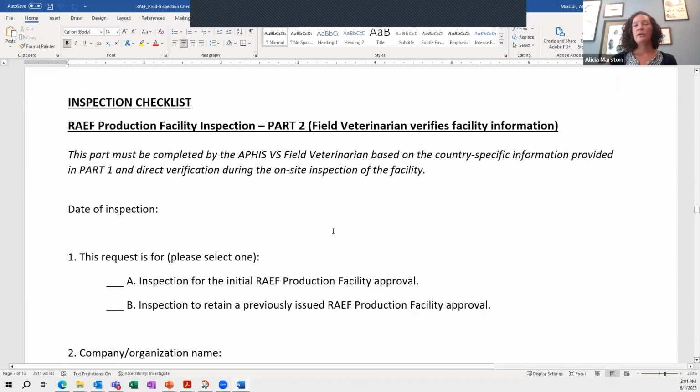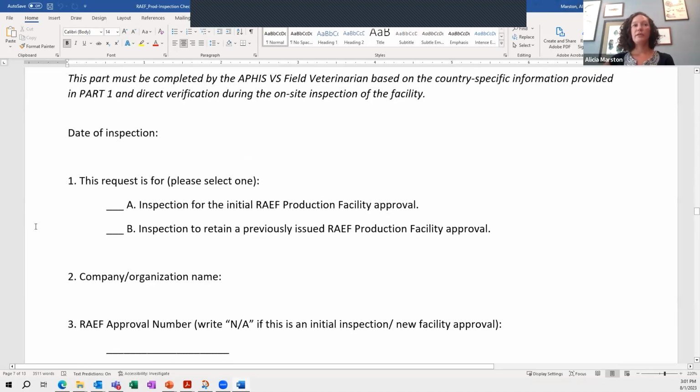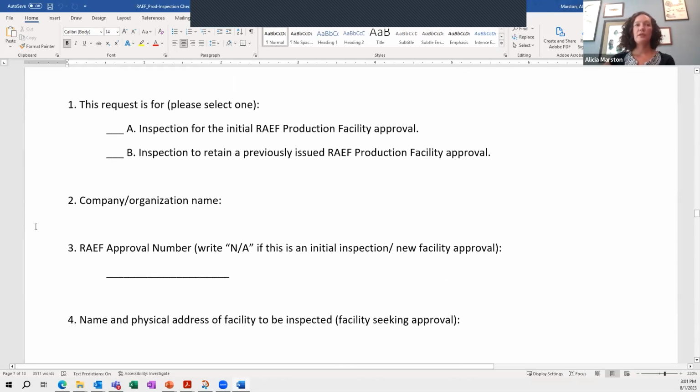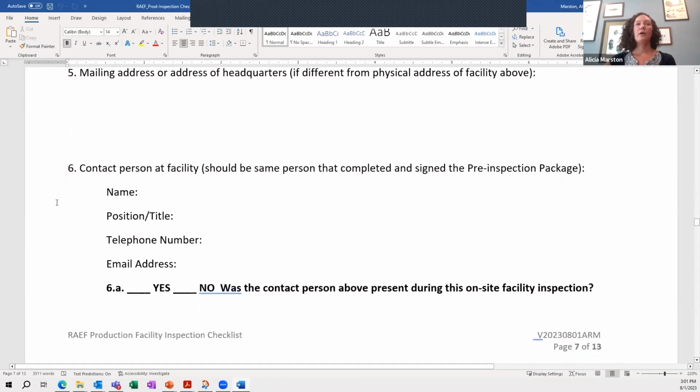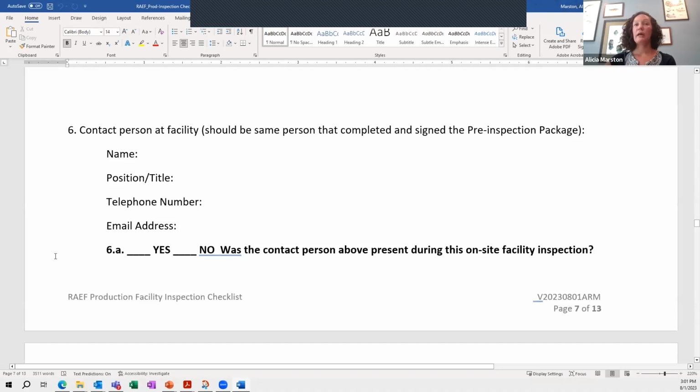So here's part 2. This is where the field veterinarian is verifying the facility information. We have date of inspection, just some general information about if this is a new inspection, information about the facility, their name, their address, their RAEF approval number, contact facility information, whether or not the contact person was at the inspection,